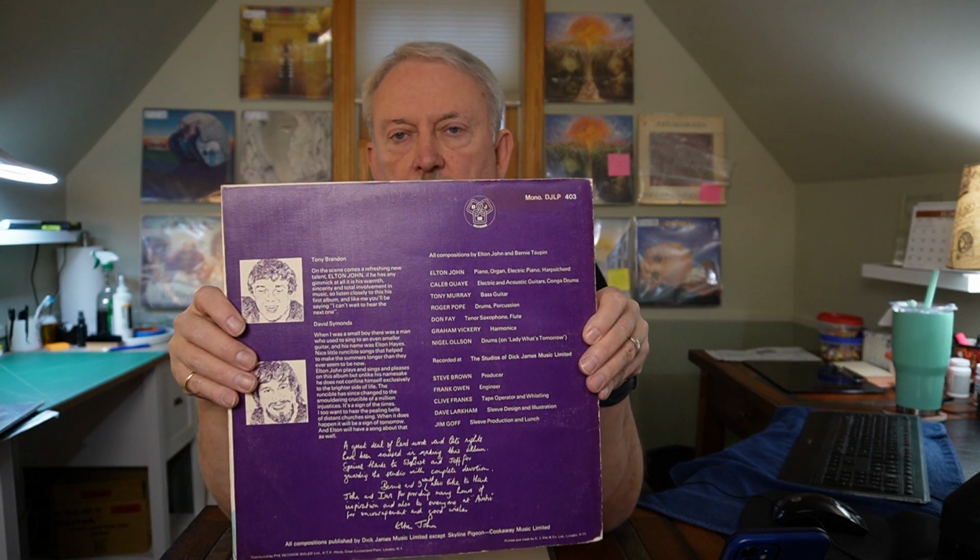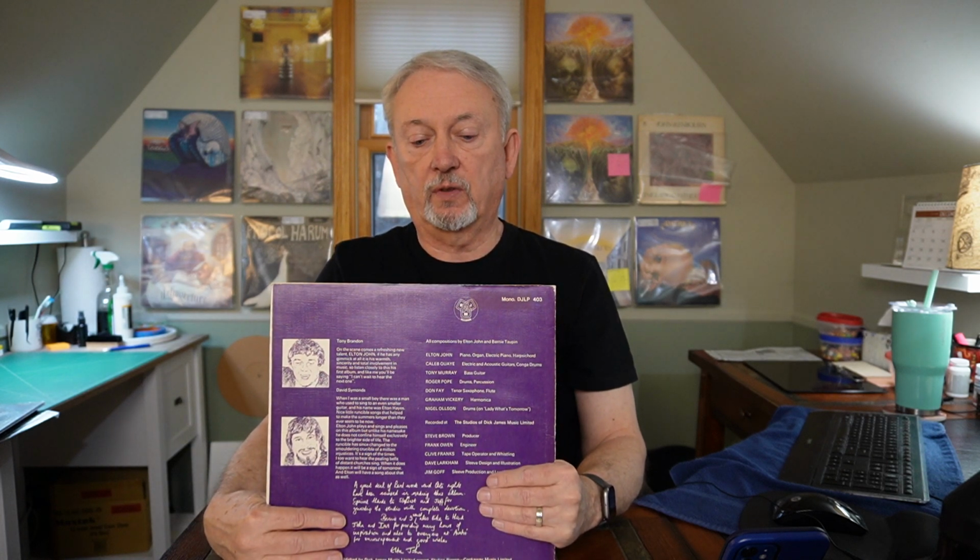And the back looks pretty good too. This is really heavier bond because of the year. This was actually from 1969. You do start to see some ring wear along the top. This is a gatefold,